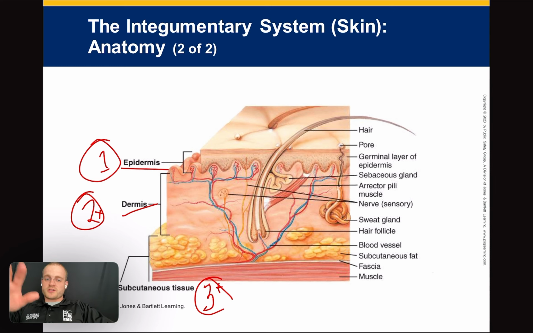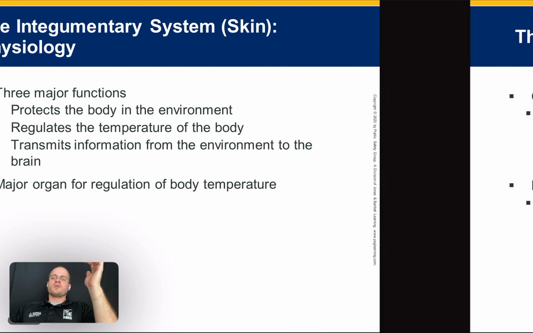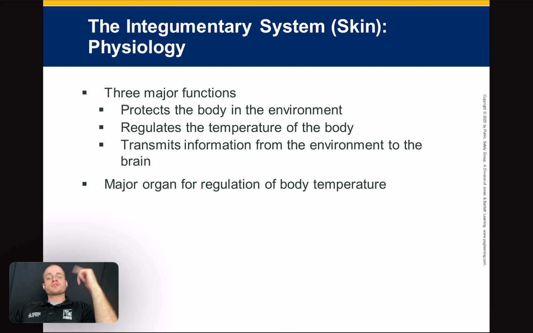So this is the integumentary system. Okay, some basic anatomy. Again, the major functions of the skin: protect the body from the environment, heat, cold, trauma, scratches, stickers, bites, whatever. Regulate body temperature and also transmit environmental information back up to the brain. It's the major organ for regulation of body temperature. And again, when we get burned, this gets compromised, so this becomes a big issue that we have to worry